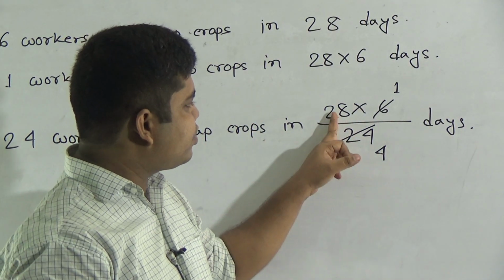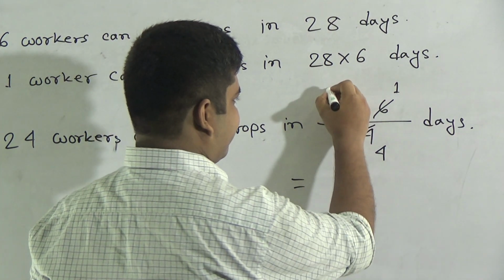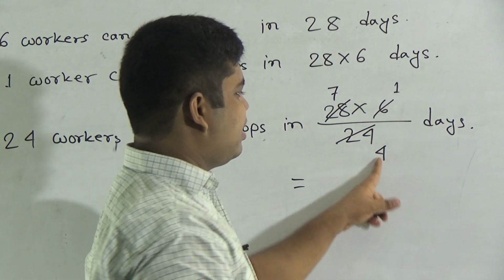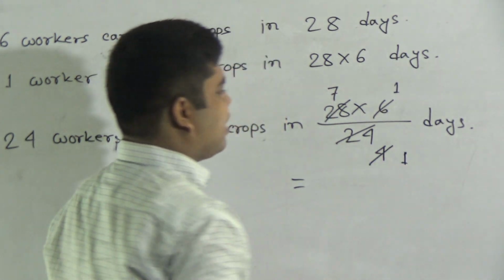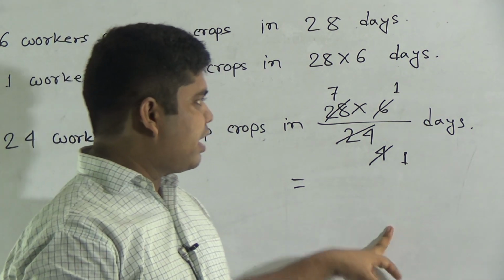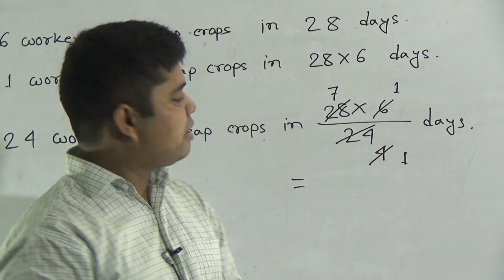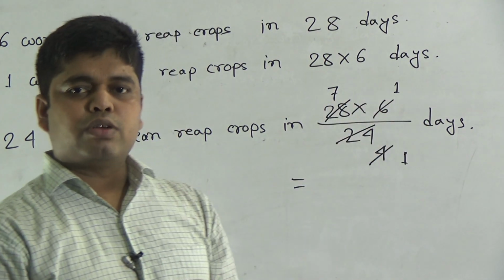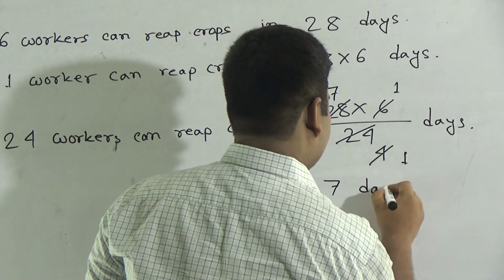In 28, 4 goes 7 times: 7 fours are 28. In 4, 4 goes 1 time. Here 1 is the denominator. It is negligible. And in the numerator, 7 multiplied by 1 is 7. So 7 days